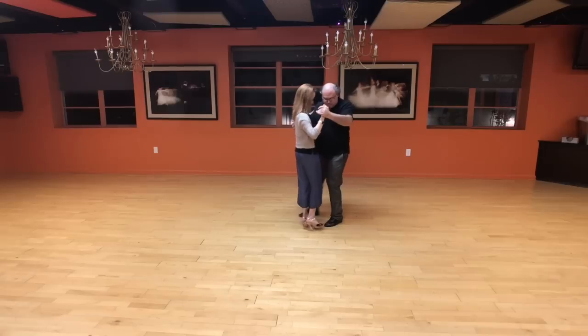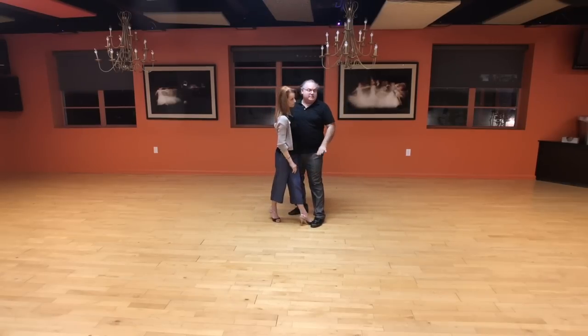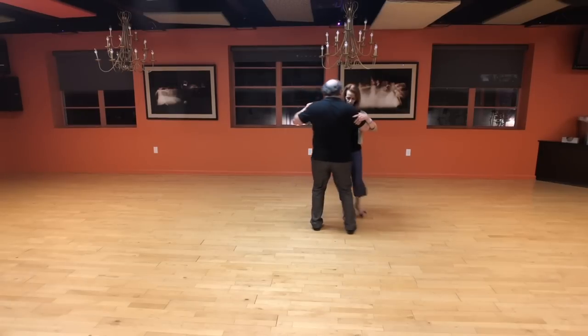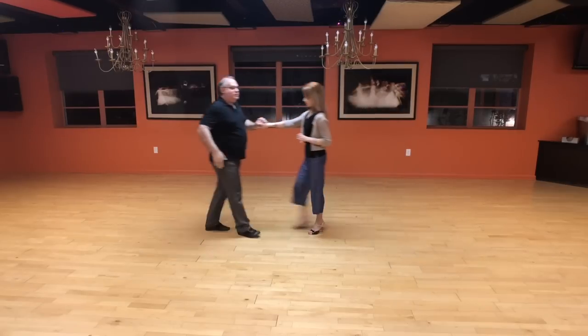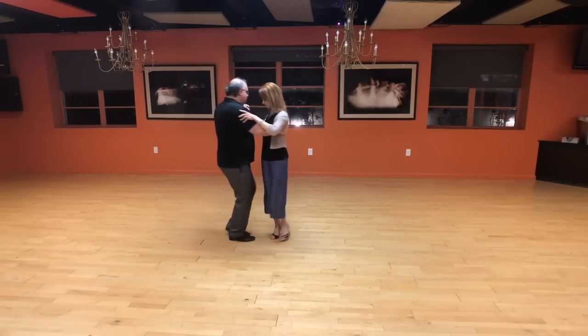If I step here too close to her, it doesn't necessarily break anything. It just becomes a little bit different because now it's sort of a parada, and she's going to have to pass over my foot. So again, that would work. It's just a little bit different. So from this angle,